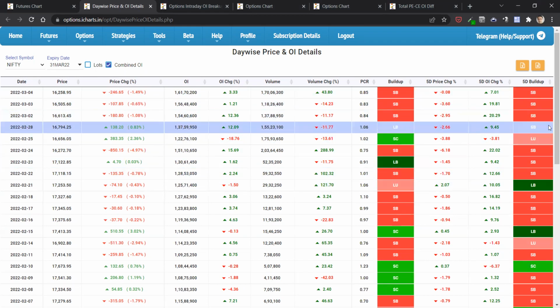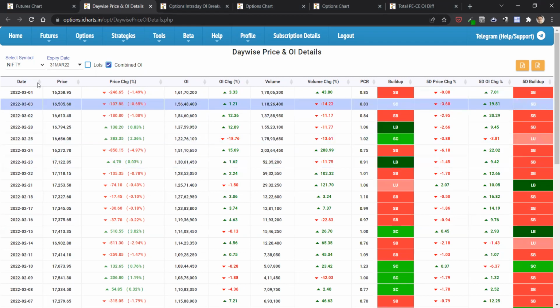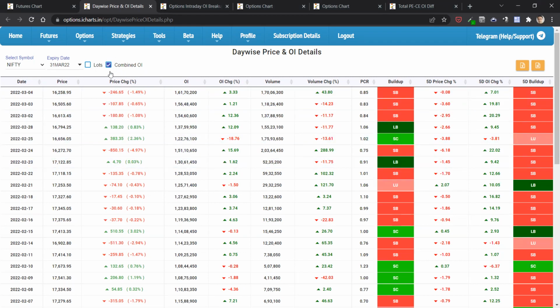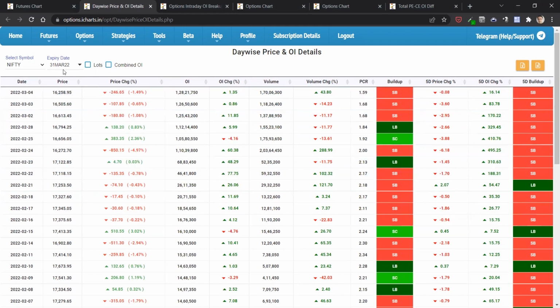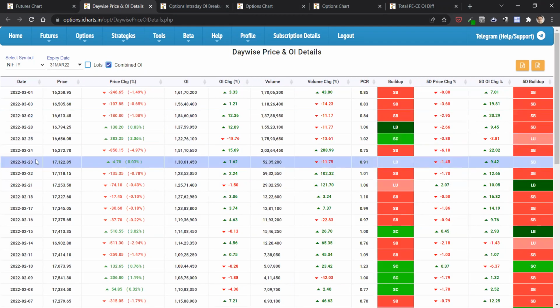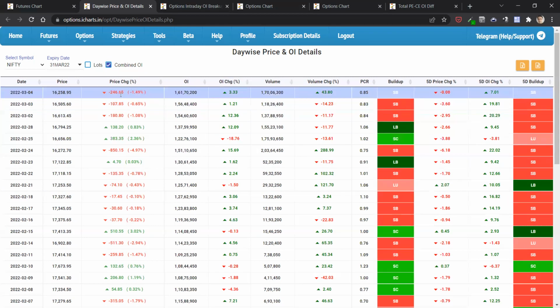So you can see, you can check this. But ideally use this only when you are in the last week of expiry. Don't use this now. Now you can just rely on monthly because that is where the main action will be happening. But in the last week of expiry, go to combine, switch to combine, because then things can change pretty drastically in